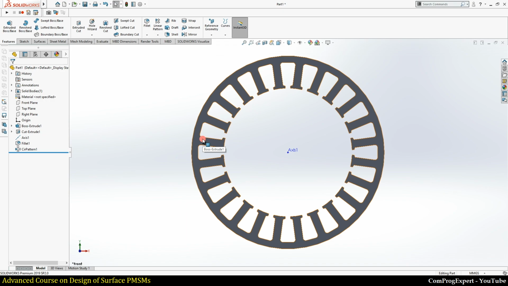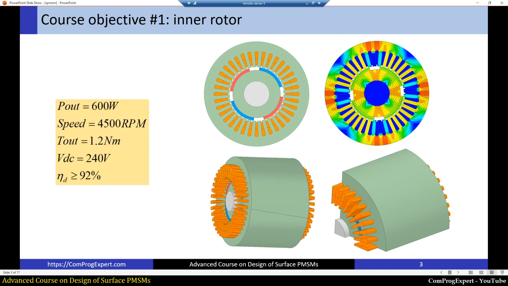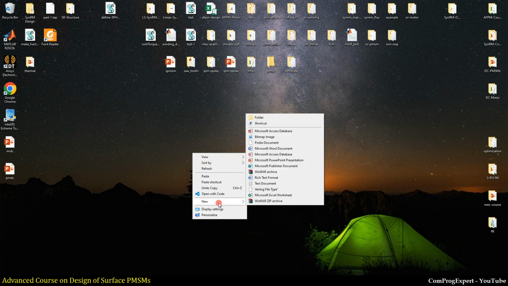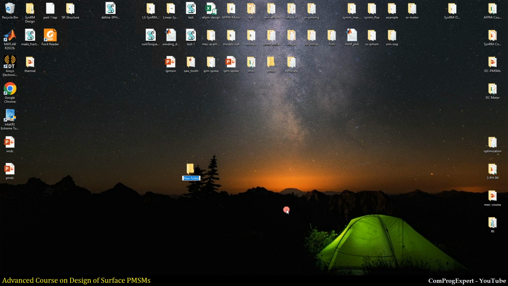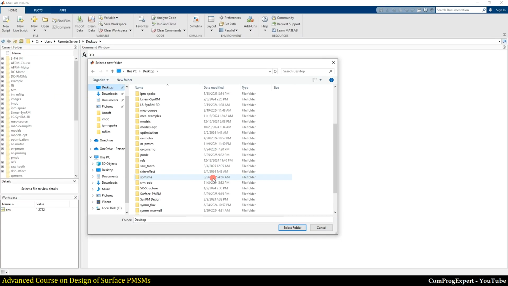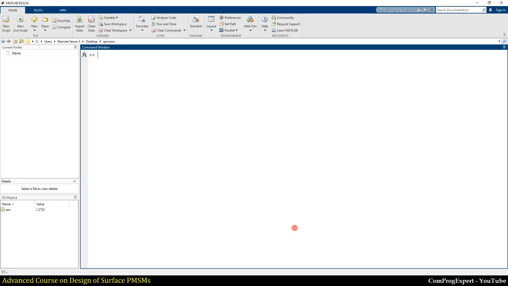How can we generate this geometry in MATLAB using object-oriented programming? So let me generate a new folder. This is the surface PMSMs folder. And I set the current folder of MATLAB to this folder, surface PMSMs.